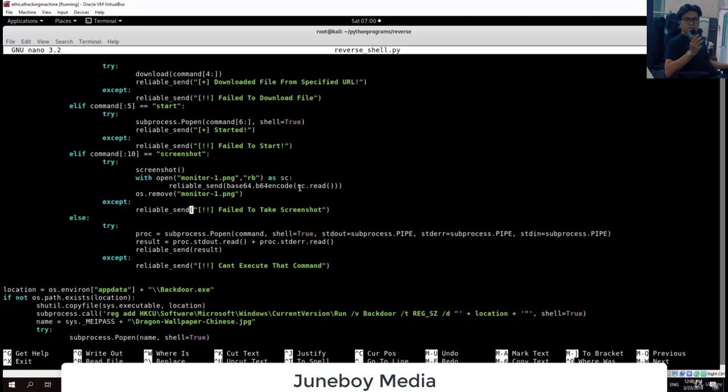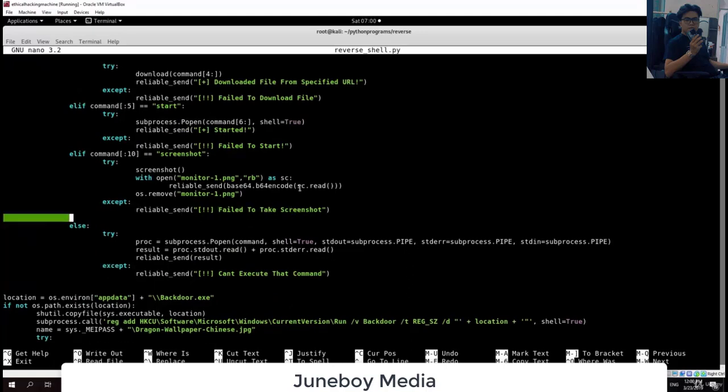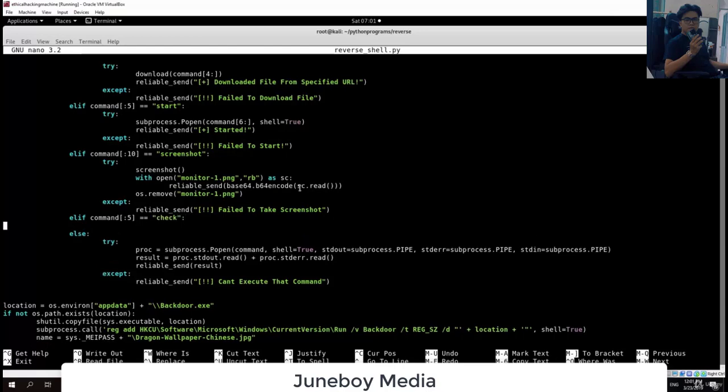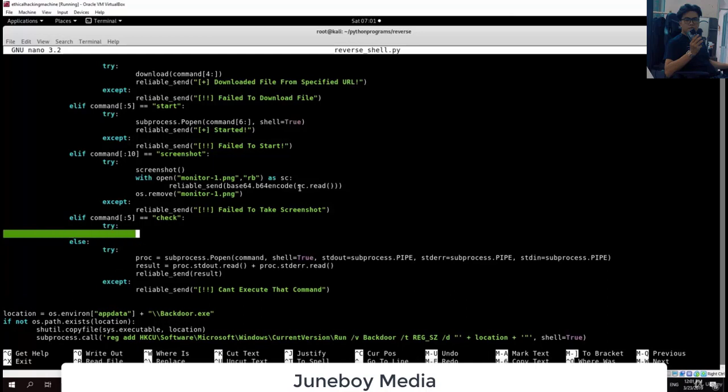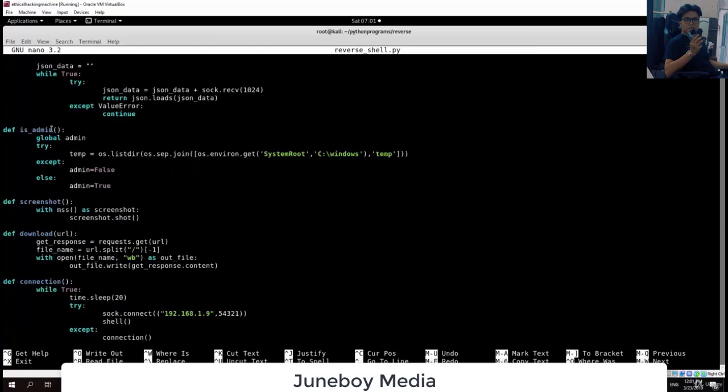And let's actually perform another else if statement. So else if command, and then first, for example, 5 letters, since that is how much check has, equals to check. Then we added the 2 dots right here. We will actually try to execute the isAdmin. So isAdmin, I believe that is how we called it. Let me just check it out. We execute the isAdmin function,